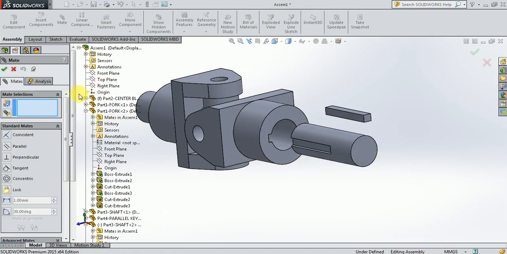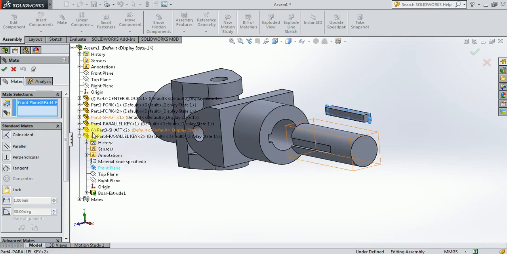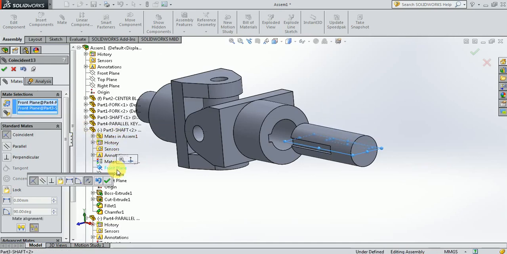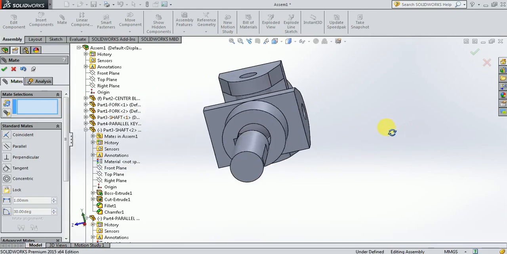I'm going to select the front plane of the second key, and it will be made coincident with the front plane of the second shaft, that is the front plane here. Give it OK. Since it is a parallel key, we can go for aligning it easily.